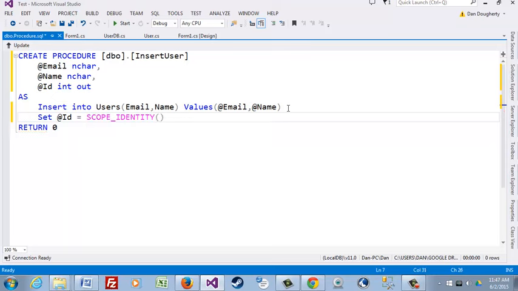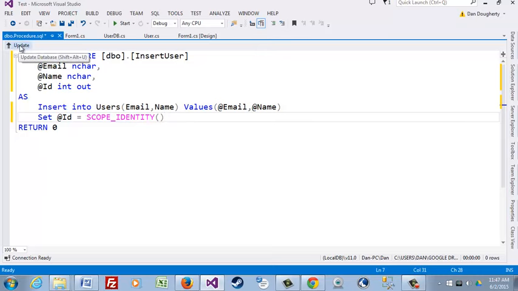Scope identity is a method, and it's very important that it's a method, so I have to put those parentheses on the end. So it's a method that will return to me the identity of the record that I added using this insert. So it's very useful, very powerful